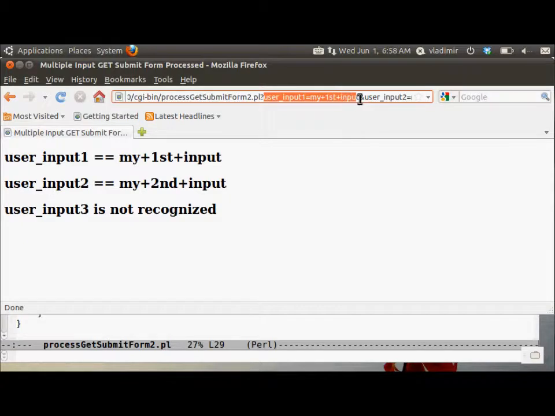And notice the URL. The query string consists of 3 name value pairs. User input 1 equals my plus first plus input, and this is the second name value pair, and this is the third name value pair. This query string is given